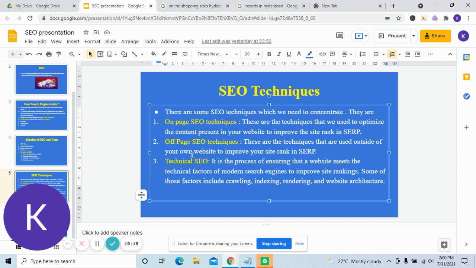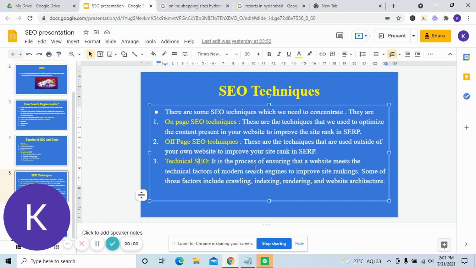And then technical SEO, where we optimize the website on the technical side. These are some technical factors that we are going to do in a website to improve site rankings: crawling, indexing, rendering, in the sense of ranking, and website architecture. That means a security certificate, an SSL certificate, and creating XML sitemaps. These are some of the technical factors we are going to use in a website